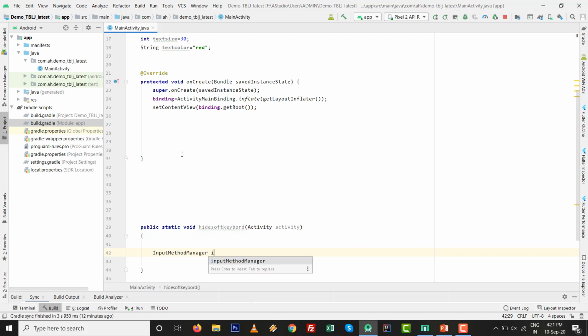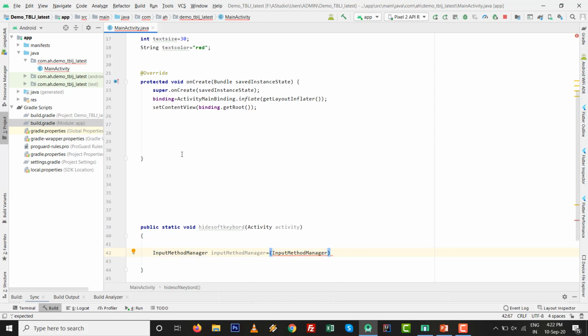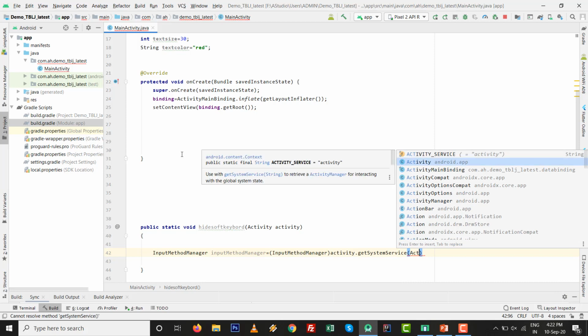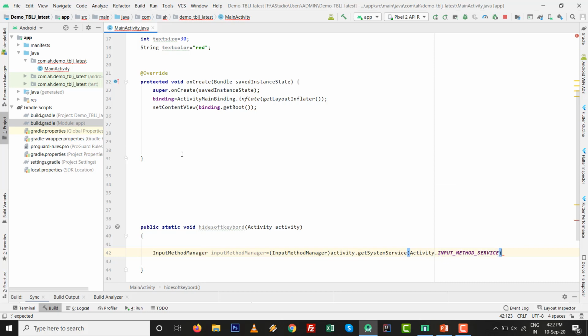Initialize that variable. Before that we typecast it, input method manager, then whatever the activity, get system service, then system service will be activity dot input method service.